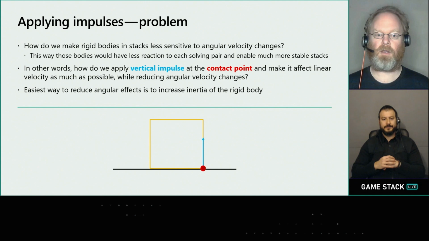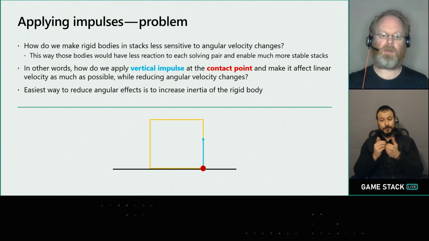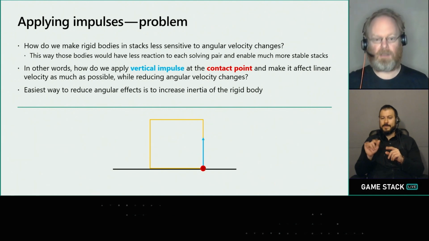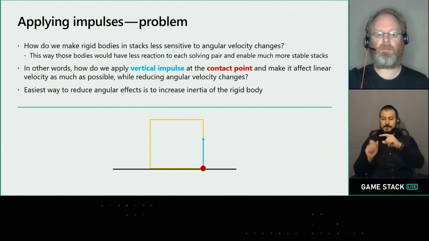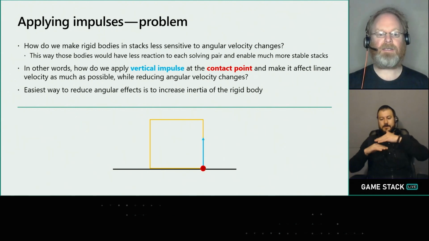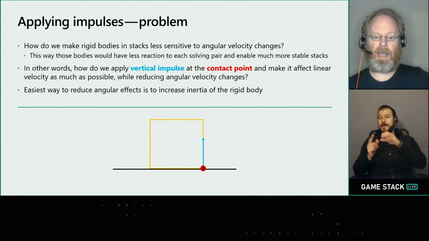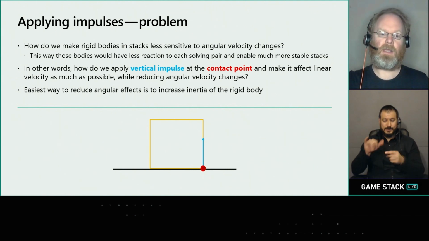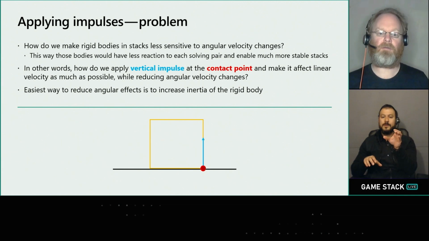Okay, so how do we do that? We've got our contact point. We're going to apply a vertical impulse at that contact point to keep that contact point on the correct side of the separating plane. The easiest way to reduce the angular element is to increase the inertia of the rigid